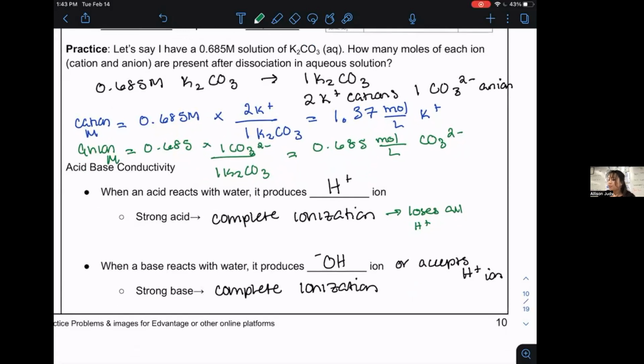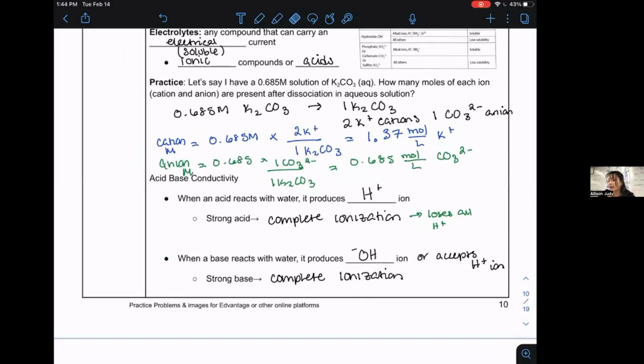And then a base can also be considered an electrolyte, by the way, because a base either produces a negative OH ion or it's able to accept an H+ ion. And we say for complete ionization, it does it fully. That's the big idea, it interacts fully with the ions. And that's kind of the last thing I wanted to mention about acidic/basic conductivity. These both are forms of ionic compounds that have freely charged things floating around